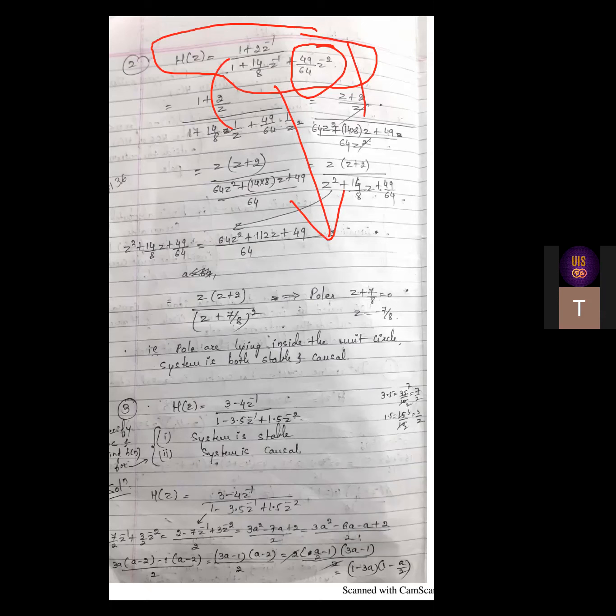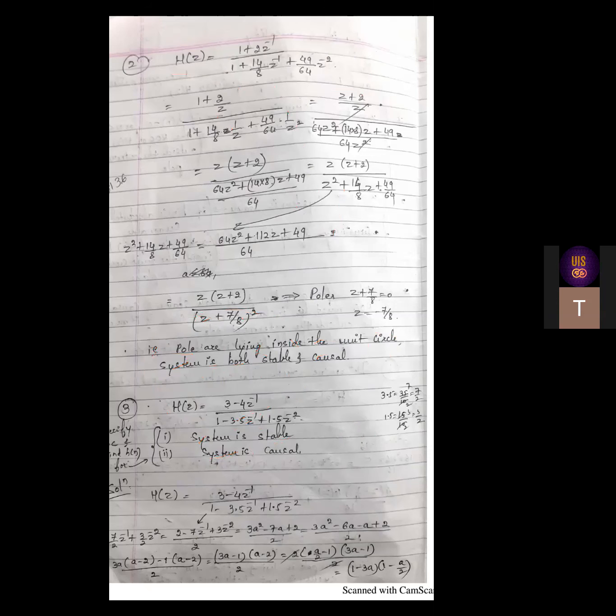However, to get the poles and zeros, we want z form the most, because if you have something like z plus a, and you equate it to 0, you will get z is equal to minus a directly. So we require z form instead of z inverse. Even if you take z inverse, at the end you have to make it 1 by z again, and reduce it. So instead of doing that, initially modify the given question into the form of all positive powers of z.